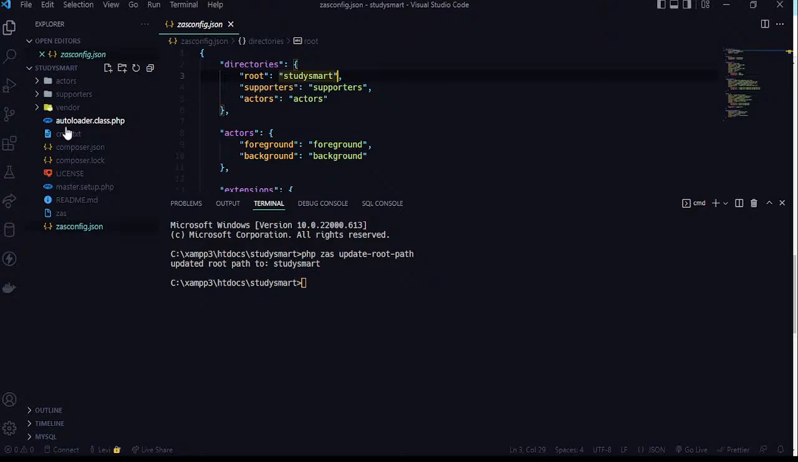Okay, so we're back. So we have updated the root path. Like I was saying, this is the path where, when we are creating other files, things will be placed relative to this path. Now, when you look at the ZAS specification,